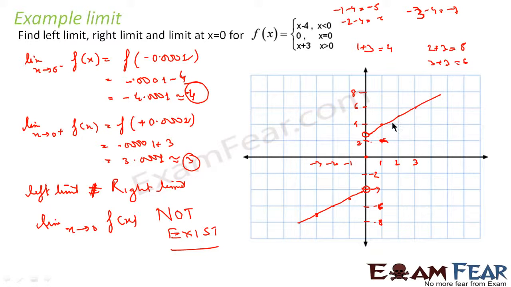For x equal to 2, it is continuous. So at this point also limit will exist. But for any point where it is not continuous or not defined, at those points the limit doesn't exist. For example, in this case also, at x equal to 0, since the graph is not continuous, the limit doesn't